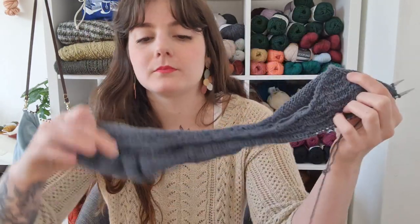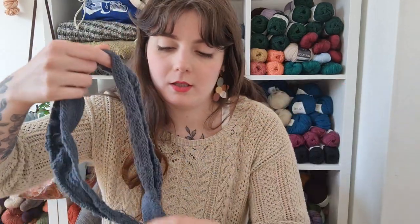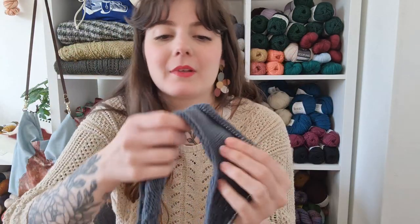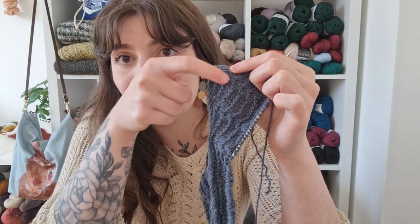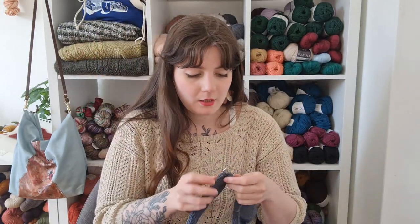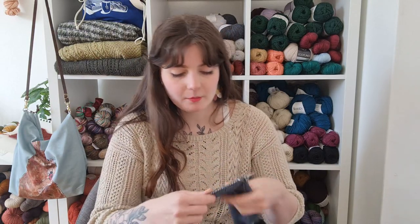I managed to phrase the instructions and set it up in a way that, you see, this will be the front, like so. And at the beginning, you are doing some purls so that then you know, okay, everything from this point, every time I need to do this row, the purls are there. And this way you have a guide. So I think it works. And it makes a smoother